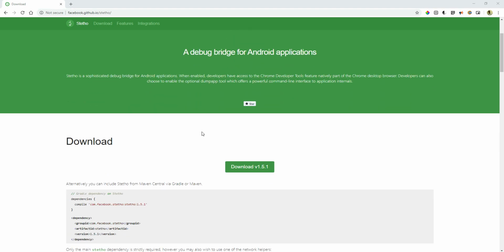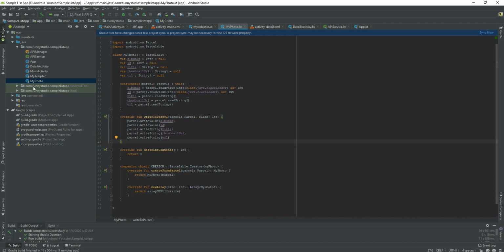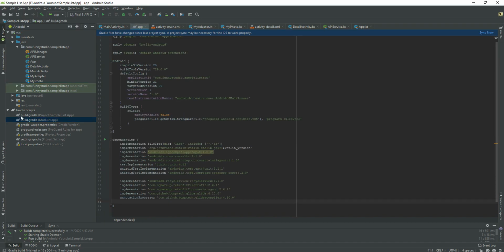So first we are going to add dependencies for the library. I'm going to use this library in my existing project, which I have used for getting some data using retrofit. So let's add these dependencies first. I'll just copy this to my project. First, I'm going to build.gradle, and then I'll copy and paste this dependency. Then I'm changing this to implementation,